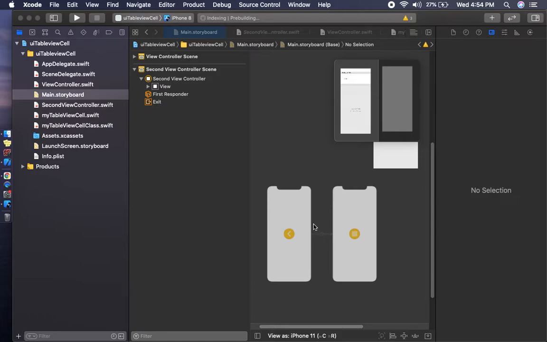While dragging the navigation controller, the default view controller becomes a table view controller class, so we have to remove that class.